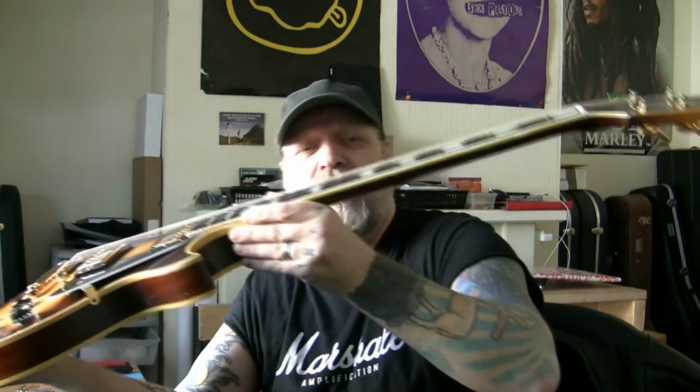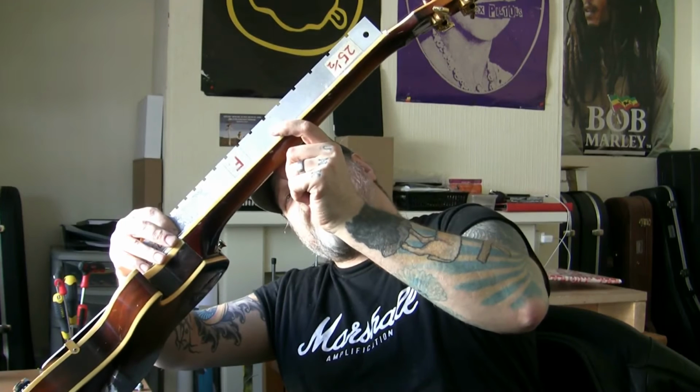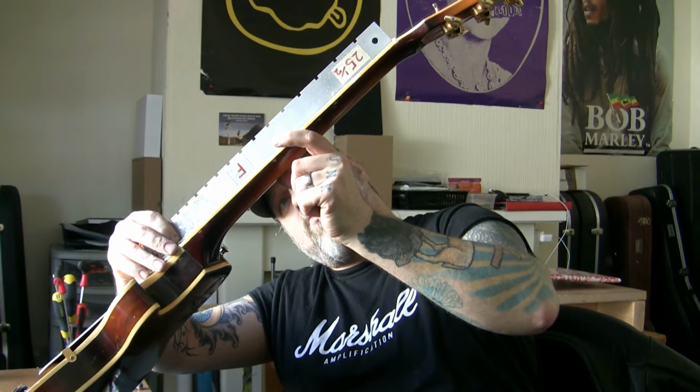String tension alone is not enough to give me any relief. I've been across with the notched straight edge, and we have fall off at this end, but we do have the tiniest bit of relief, but we are talking, wow, a 20th of a millimetre. I would like to see some relief of getting up to around about half a millimetre before we start tightening